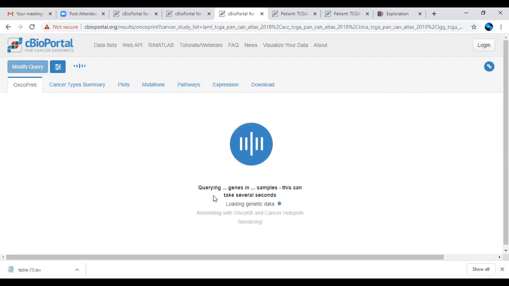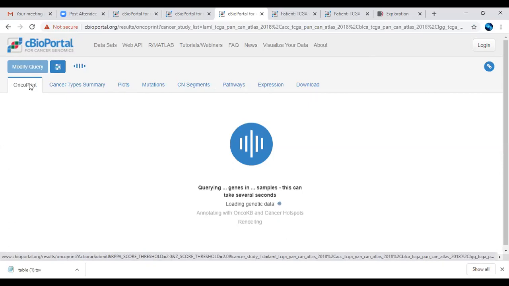You can see it is querying the genes in the samples. It's taking time. You can see a number of tabs has been opened here, in the form of OncoPrint. In yesterday's session, I showed you the introductory part of cBioPortal. They are talking about the OncoPrint visualization tool they have used for visualization, and even the plots in the form of lollipop plots.